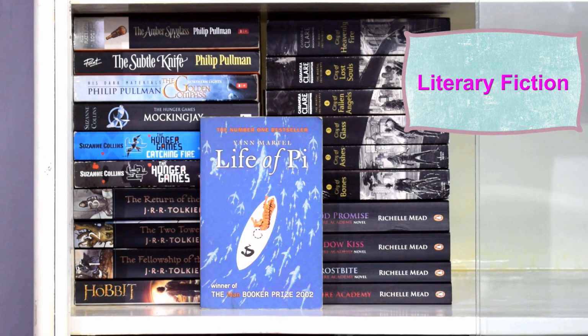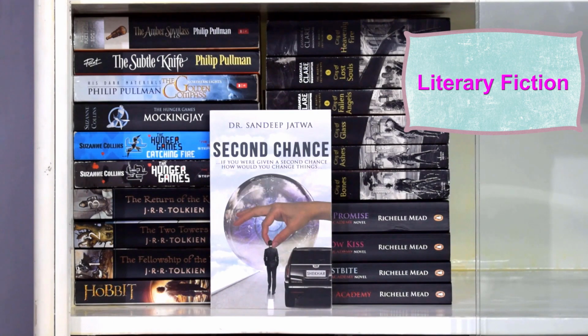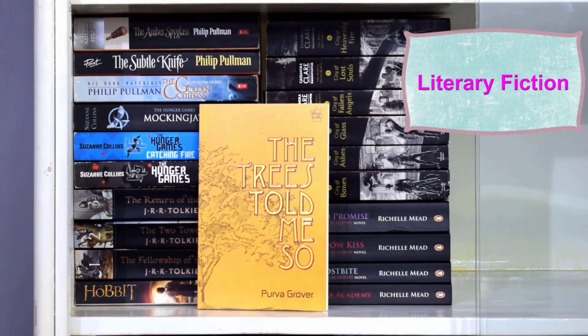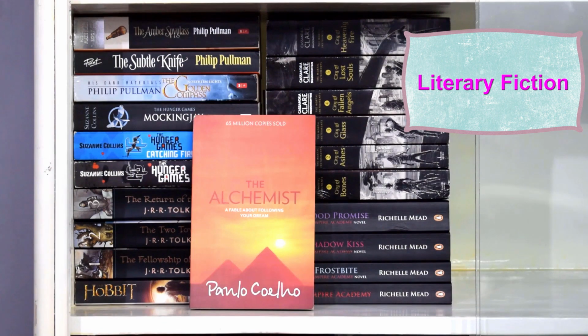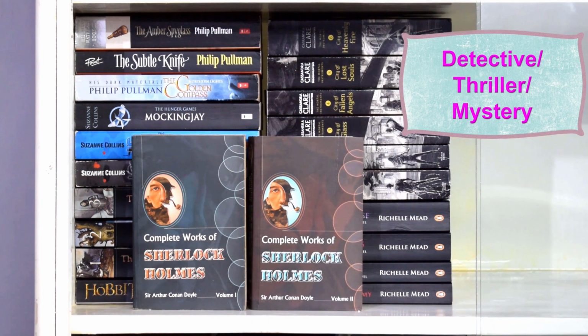Jain, Life of Pi by Yann Martel, Bombay Duck is a Fish by Kanika Dhillon, Second Chance by Dr. Sandeep Jatwa, A Merry Little Christmas by Julia Williams, Pretty Wild Girl by Ricky Khosla, The Trees Told Me So by Purva Grover, One Rotten Apple and Other Stories by Vandana Kumari Jena, The Winner Stands Alone, The Alchemist, and The Spy by Paulo Coelho, Sherlock Holmes Volume 1 and Sherlock Holmes Volume 2 by Sir Arthur Conan Doyle, Moriarty